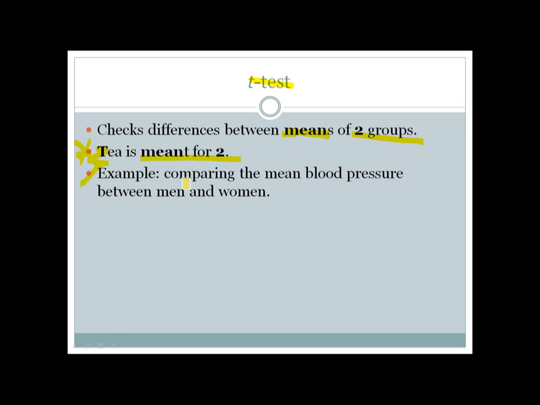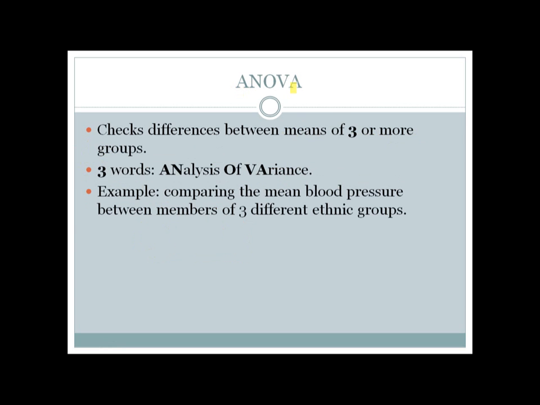One common example is comparing the mean blood pressure between men and women. Here there are two groups, one is men, another is women. So you are comparing the mean between those two groups, and you use the t-test. ANOVA, or analysis of variance, is another commonly used test which checks the difference between more than two, meaning three